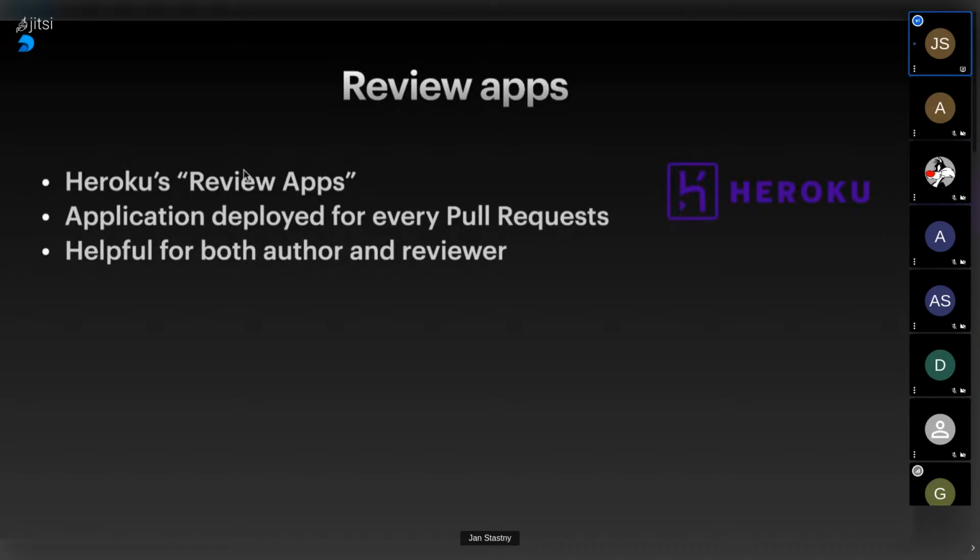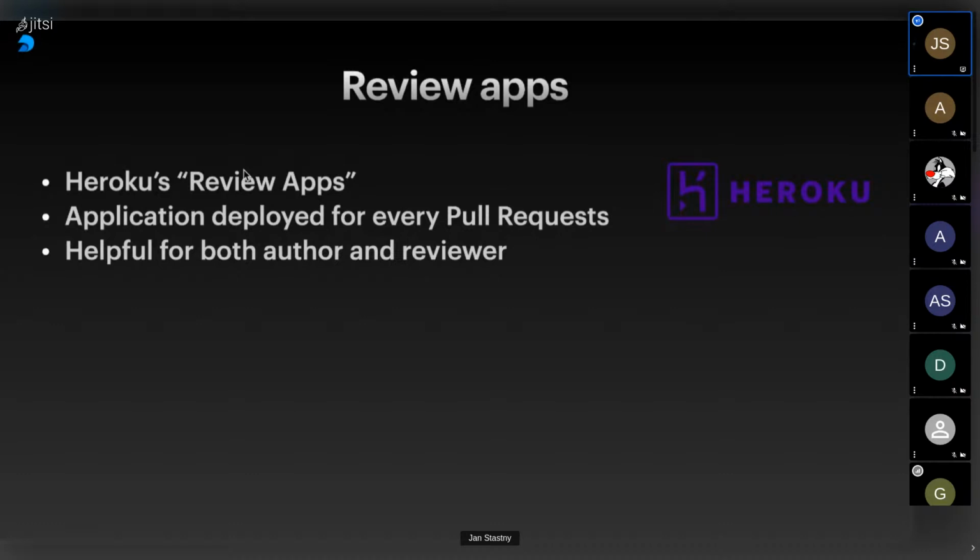The whole idea is that whenever you create a pull request in GitHub, your application gets deployed to a fresh environment. You get a fresh URL. Heroku does all of this for you magically, similar to how magically they deploy your application just based on your code. They do the same thing for the pull requests. You get a URL somewhere as a comment in the GitHub pull request.